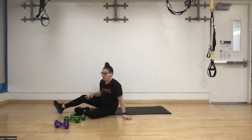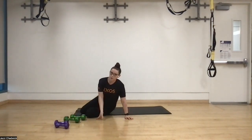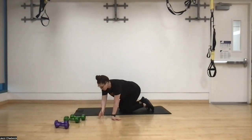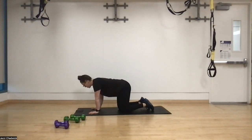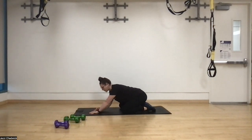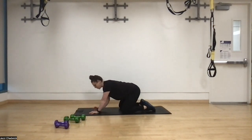So we're going to warm up with some quad rocks first. We're going to be on the hands and knees. We're going to do some quadruped rocks and then some quad rotations. And then we're going to be ready to go. So hands and knees here. Keep that core tight. So bring the butt to the belly button. We're going to inhale, rock back. And exhale, come forward,